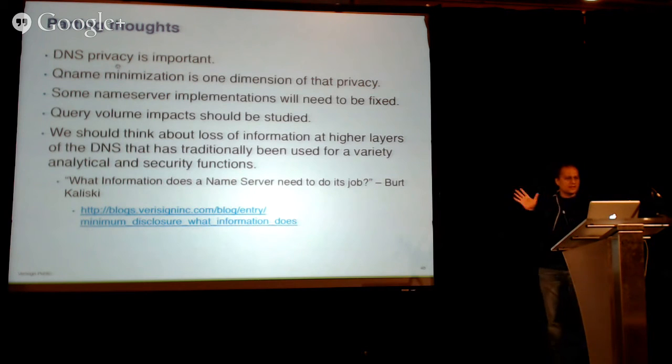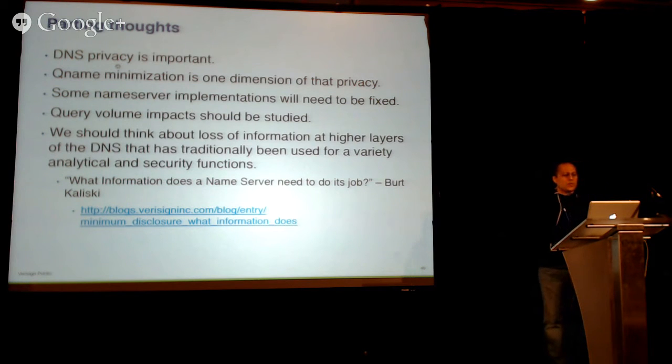So this is the last slide, I promise. So I think by now everyone agrees, I think, that DNS privacy is important, and query name minimization is at least one dimension of that privacy. So some name server implementations will clearly need to be fixed. We need to better understand the impact on query volumes. And lastly,